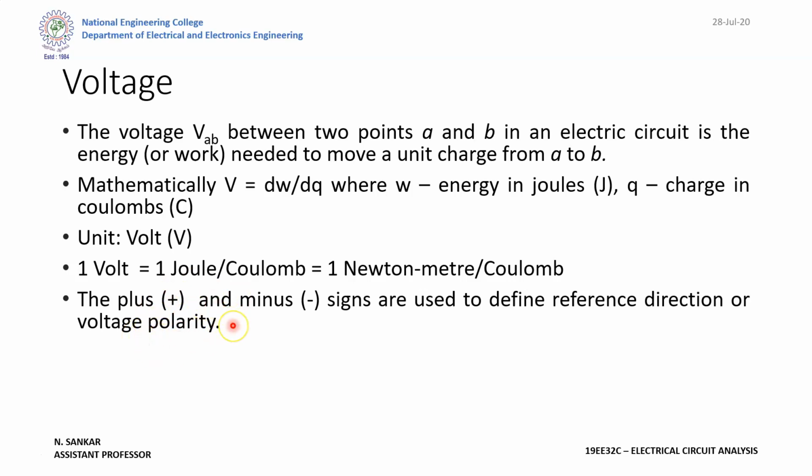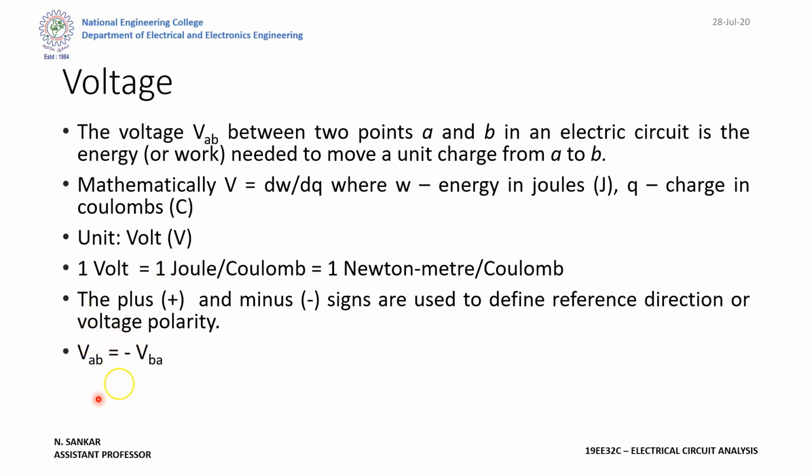Next one, the polarity. Similar to current, where we represent the polarity in terms of direction: if it is in the same direction as your electrons, it is negative, and if it is opposite to the direction of your electrons, it is positive. Similarly, voltage has polarity. Based on the positive and minus sign, we define the direction. That is, the flow of current is always from the positive point. Here we represent whether it is +5 or -5 based on the reference point. We will see that in the example.